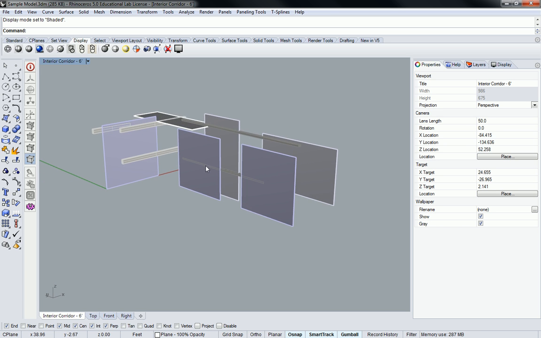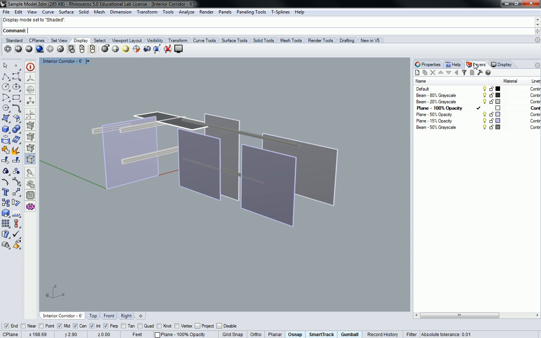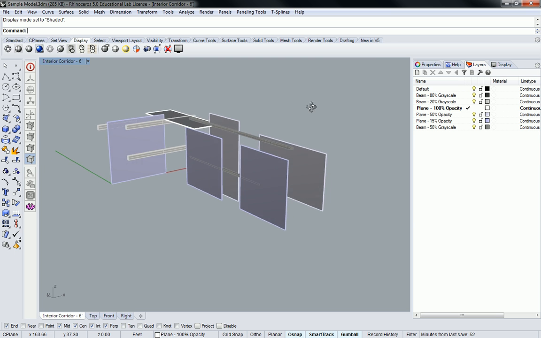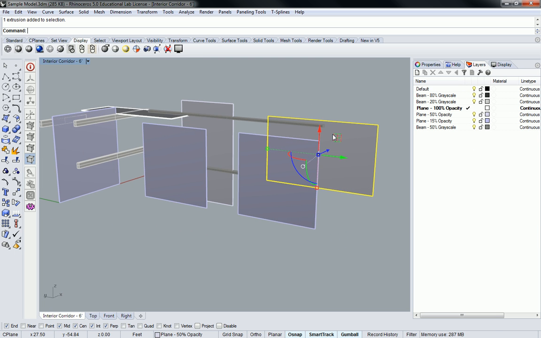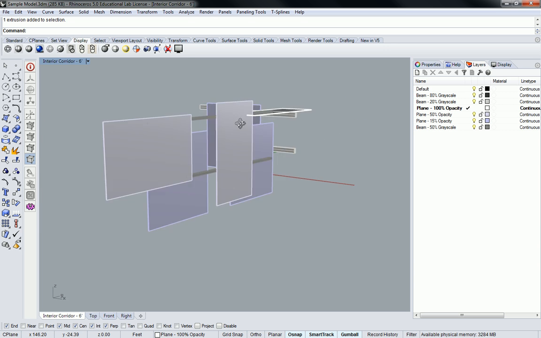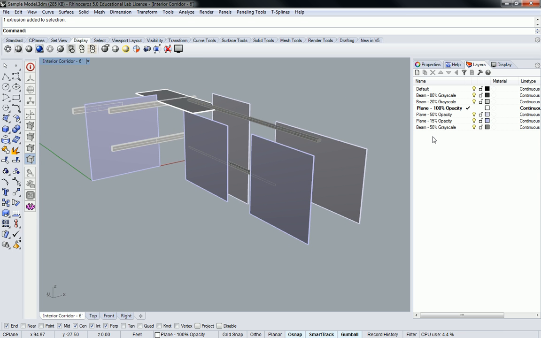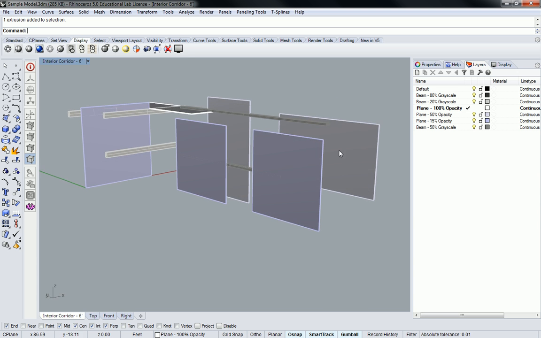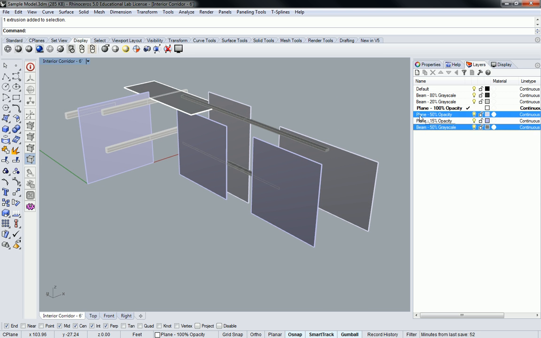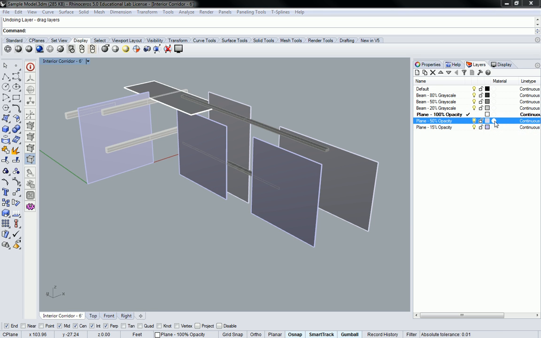I want to show you how to assign a material using the layer, basically. It's kind of the more intuitive way of assigning materials. So basically, all of these items here, let's say this one right here was the plane of 50% opacity, I think it was, that one. If I want to change the material, I can just click on